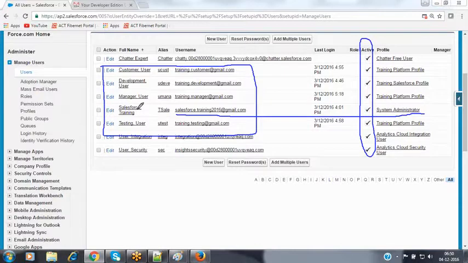Now, if any of the developers is facing some issue with the Salesforce application, not the application which they are developing right now, but with the Salesforce instance itself, while the remaining three users are working fine and the Salesforce application is working fine for them, for one user the application is not working fine. The Salesforce application itself is giving some issue here.